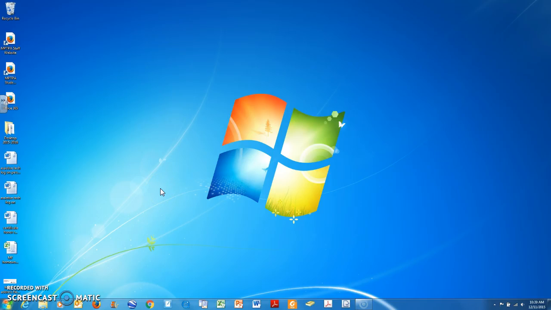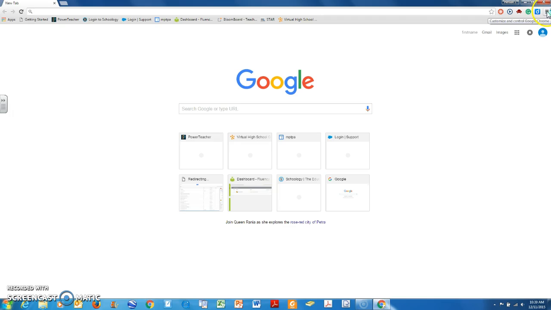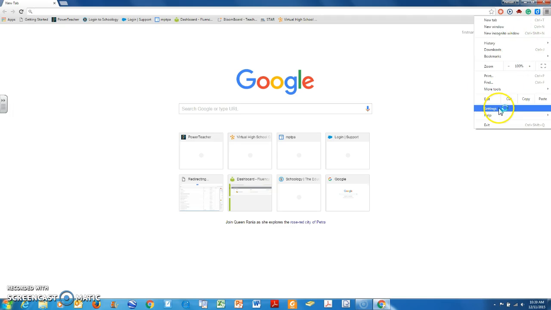Hi, this tutorial is about how to obtain assistive technology Chrome extensions. So first we are going to go to the Google browser icon, and then in the upper right hand corner you're going to click on the three bars and you're going to go to Settings,